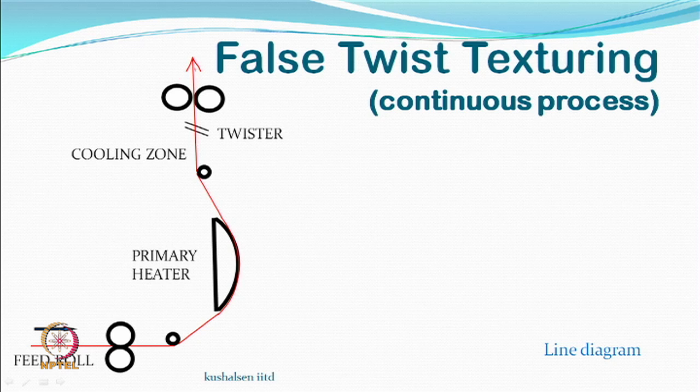So, you start with a parallel bundle of filament, and theoretically you are getting out also as a parallel bundle of filament. Only thing that has happened in between is, in this region you had twisted yarn, you had a heater, and you also were able to cool it down. So, it is important that you cool it down before untwisting. Okay. So, this is how we produce stretch yarn.